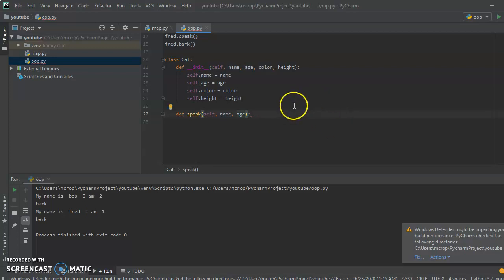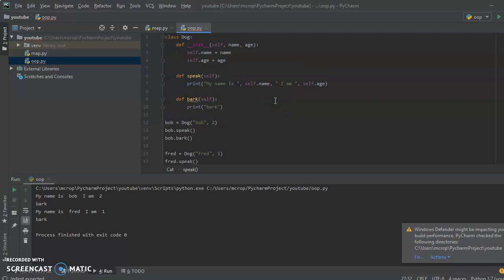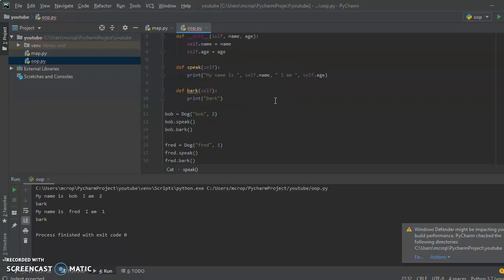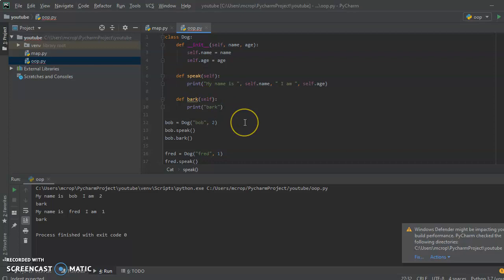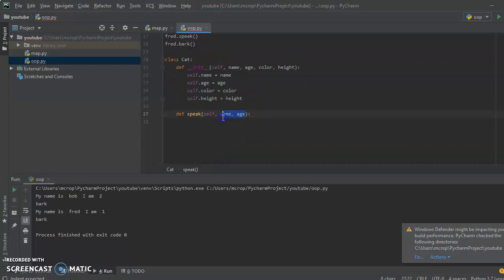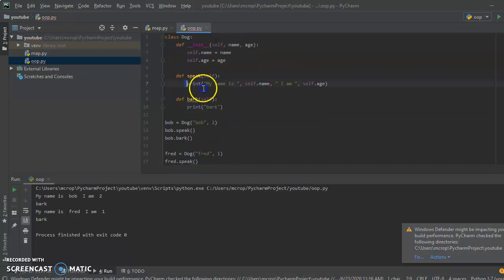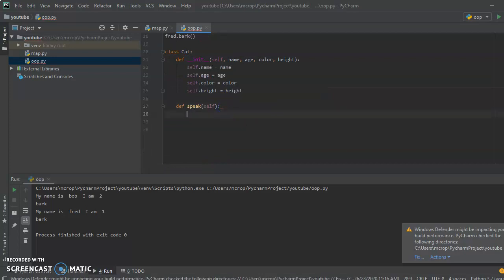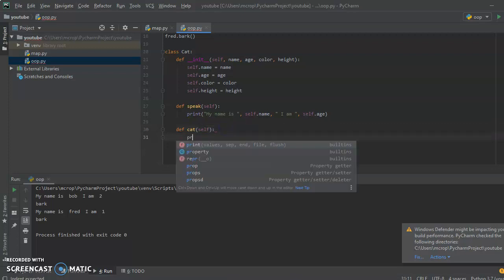Let's say we want to have the exact same method that we have earlier. Oh, this can just be a self. It doesn't have to take those things, my bad. I'm just gonna go up here and copy and paste it down there, and then I'll do another method, and I'll call this cat, have it take a self, and we'll just have it print